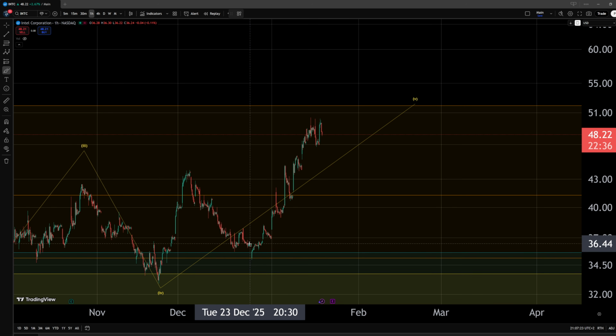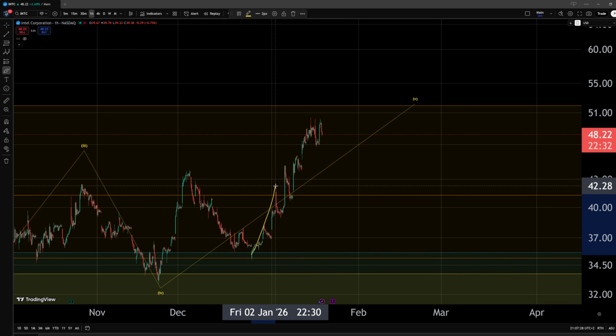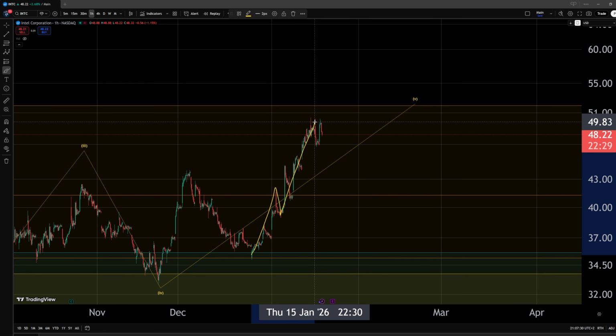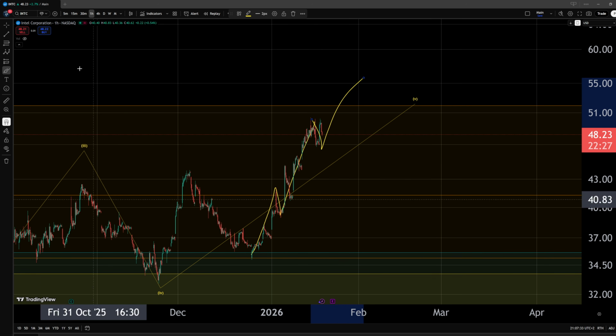We don't have a clear impulse within this pattern, and yeah, this is probably the most likely interpretation to work out. And there are a couple of options to track it, but my preferred interpretation would consist of having this as a 1, 2, 3. I would expect a wave 4 correction and a fifth wave to extend higher.